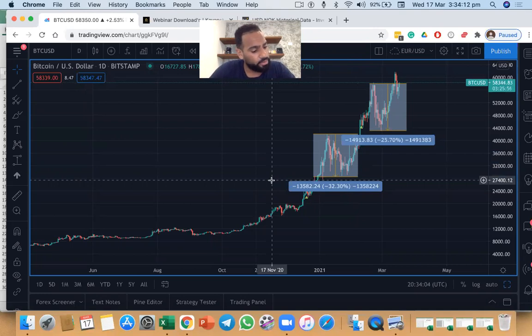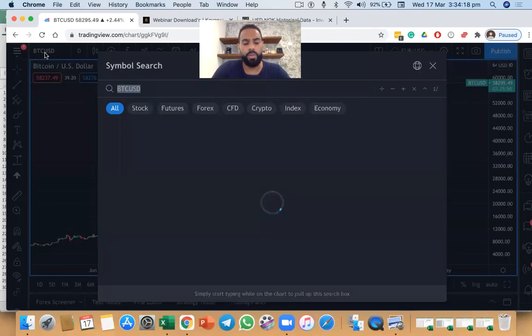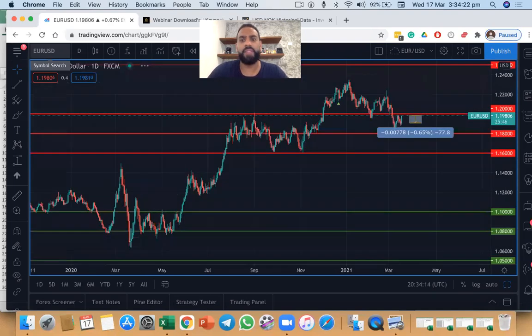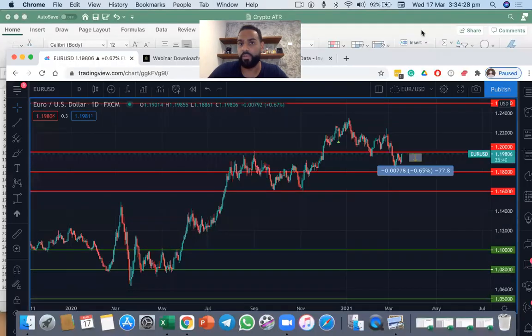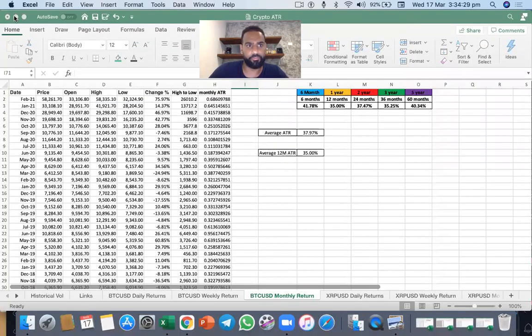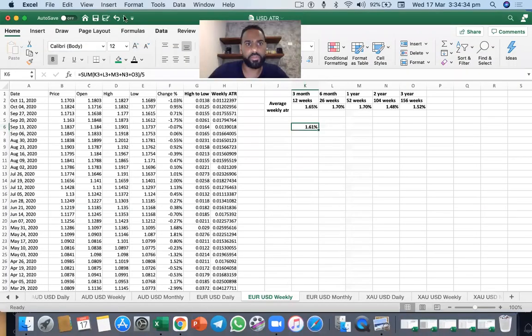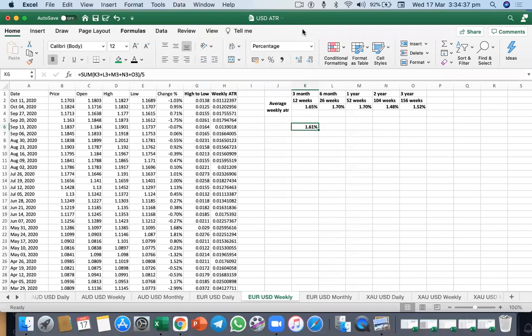So that's really important for us to understand. Most importantly, guys, when we're getting into the markets, what we want to look at is, well, we now have the ATR volatility analysis. We know if we use these spreadsheets, if I'm looking at, for an example,